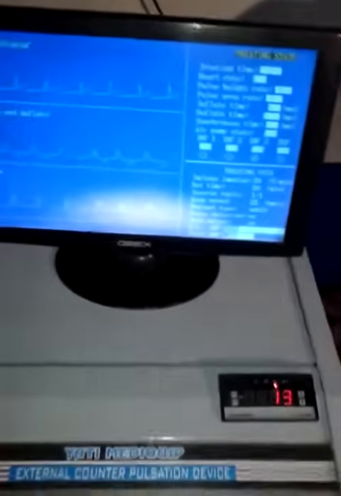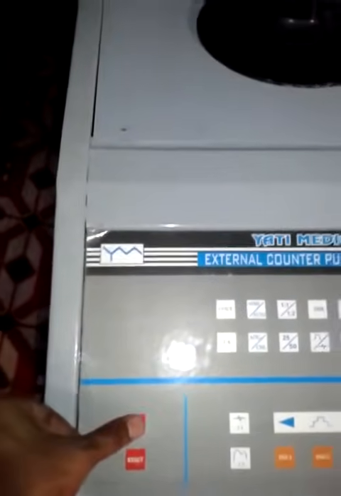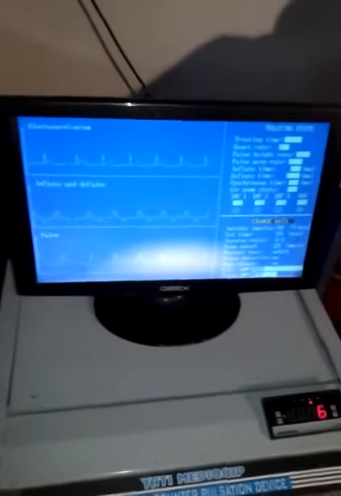Yes. Now we can stop the valve also by again pressing the start button. Now you can switch off the machine from here.